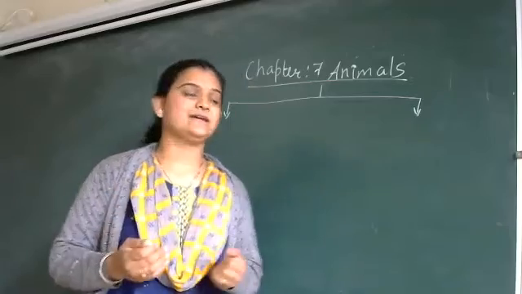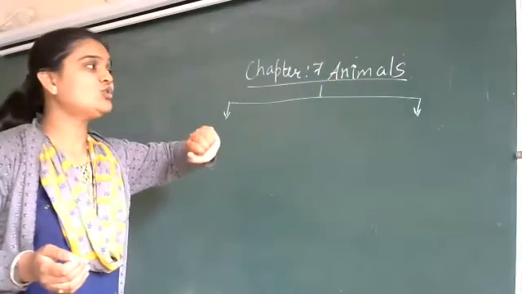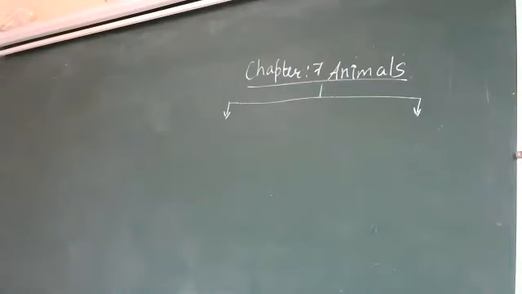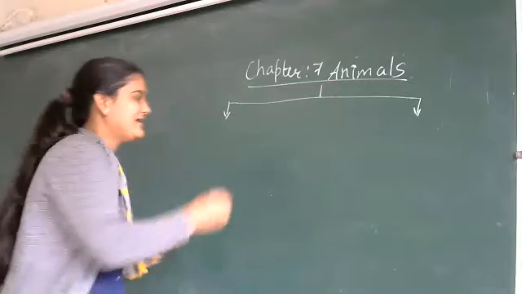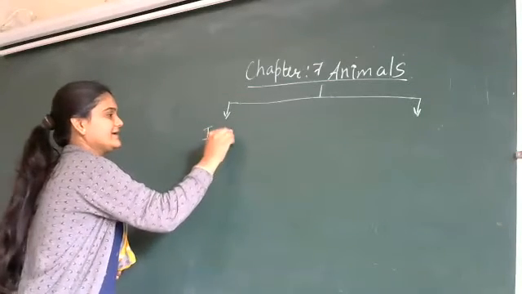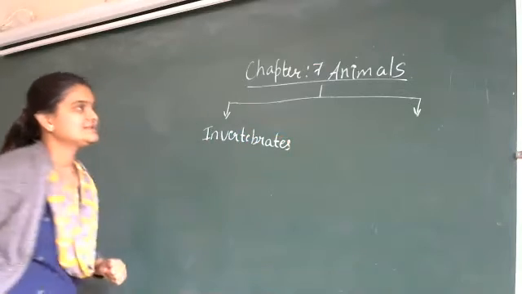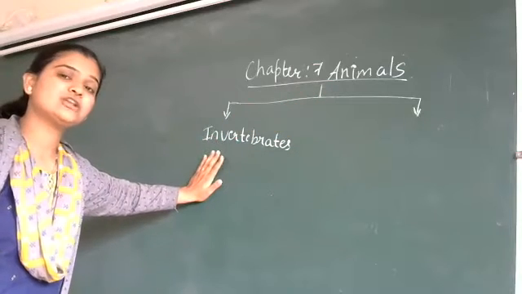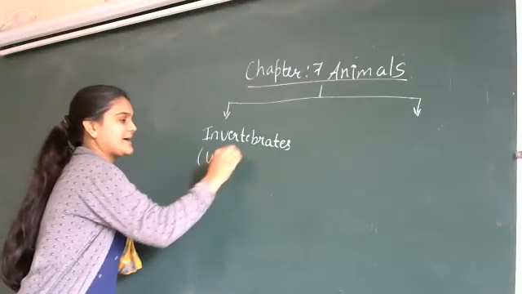So in the fifth standard, you will be studying the animals in two forms: the ones which have backbones and the ones which do not have a backbone. Do you all have backbones? Yes. So the first part of the animals is invertebrates, the ones which do not have a backbone. The animals without backbone.